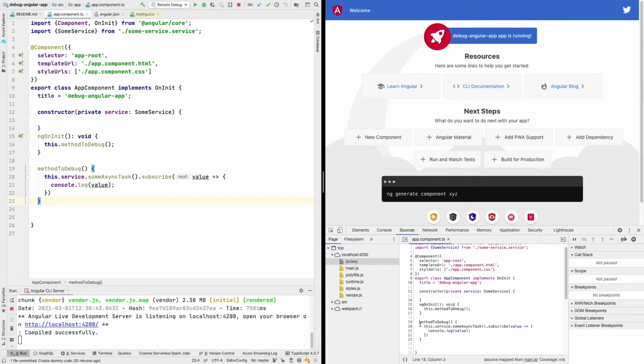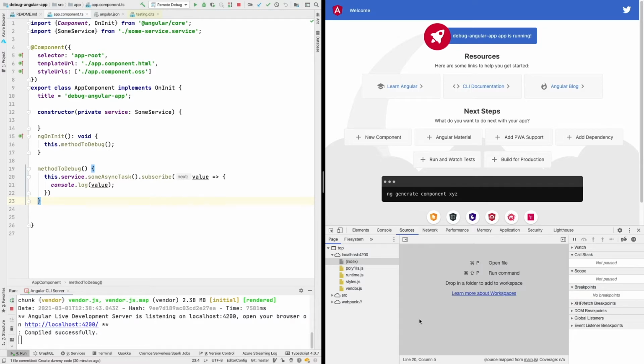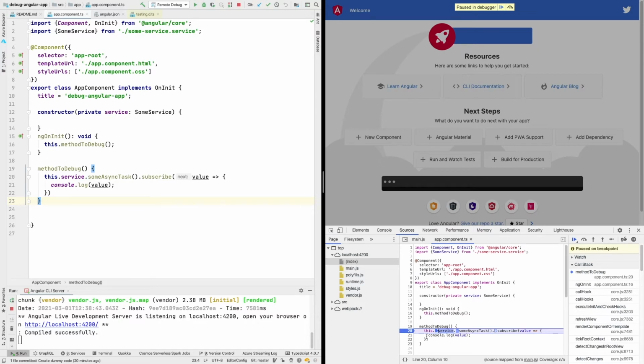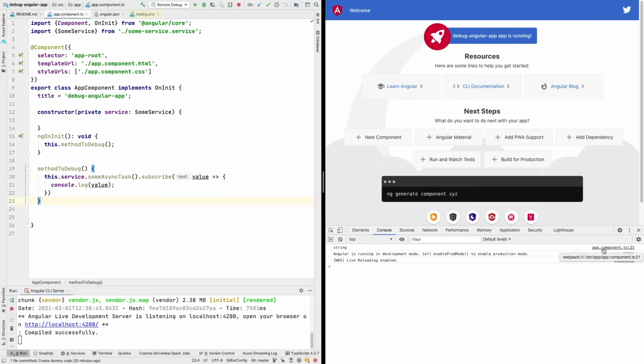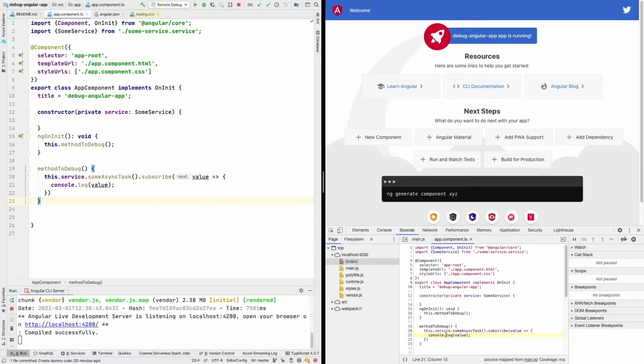And here you have the method to debug. You can just add a breakpoint here and restart the app. See, now the breakpoint has been reached and you can simply debug the flow of your code. Another way to find this line of code is thanks to the console log here. In the console tab, you can simply click on the app component.ts line 21